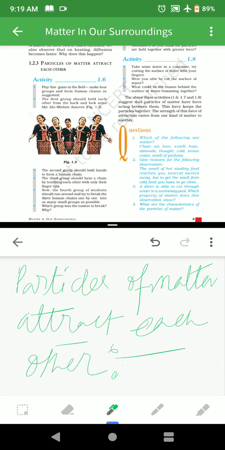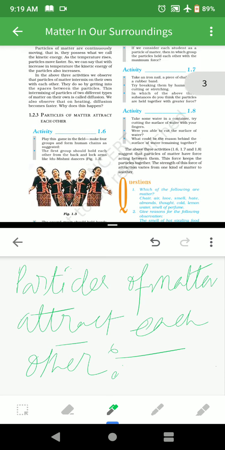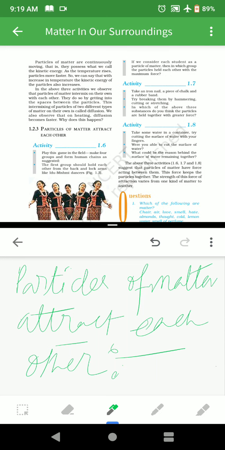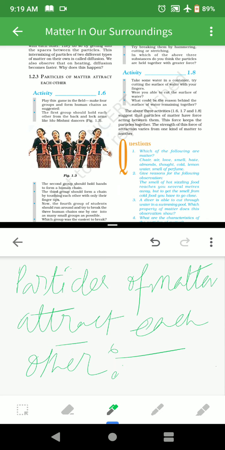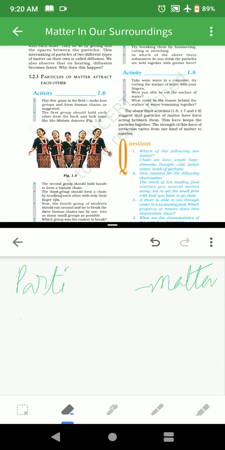Now to understand this characteristic, let us see some activity which is given in our textbook. You can check activity 1.8, which shows that